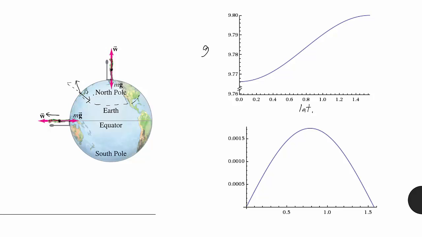So what this means is if you have a plumb bob, like we already mentioned, it won't be pointing straight down toward the center of the Earth if you're not on the equator or the pole. It will tilt in a little bit. And here again I graphed the angle of the normal force, so the degrees that it's off from where it normally would be if the Earth weren't spinning. And this again is the latitude. It's an ugly degree sign, but we'll live with it. You get the maximum deflection at 45 degrees latitude, and then the deflection goes away again as you go to the North Pole.